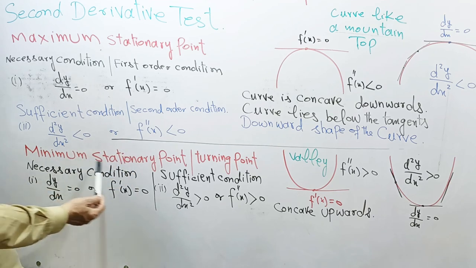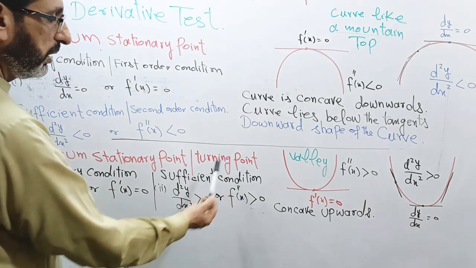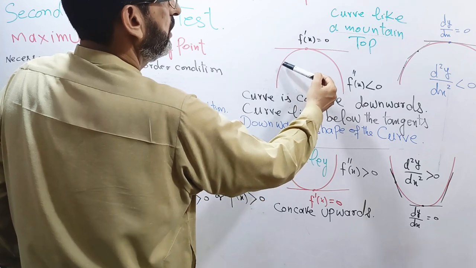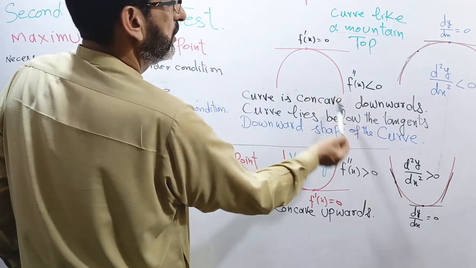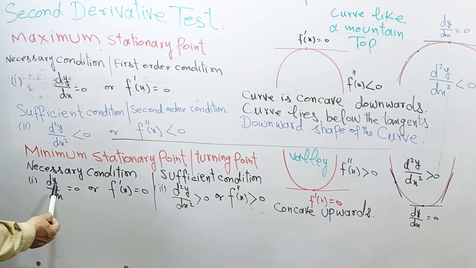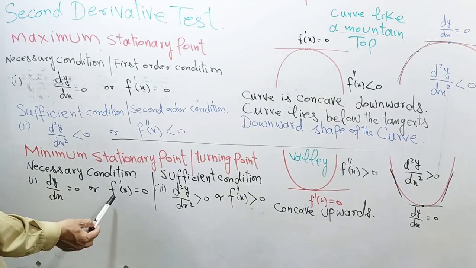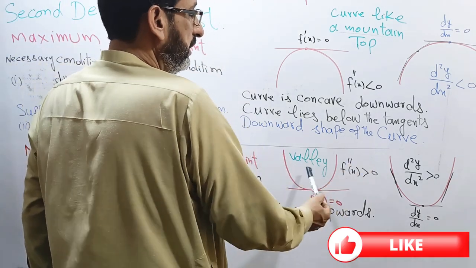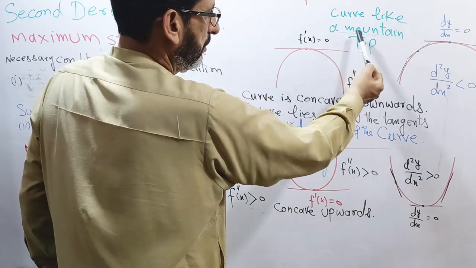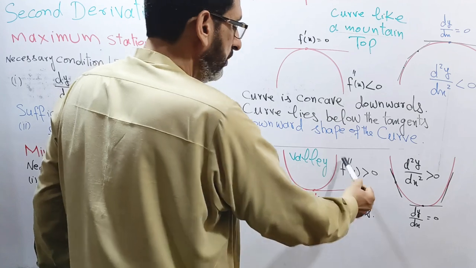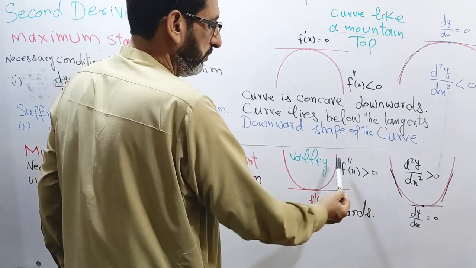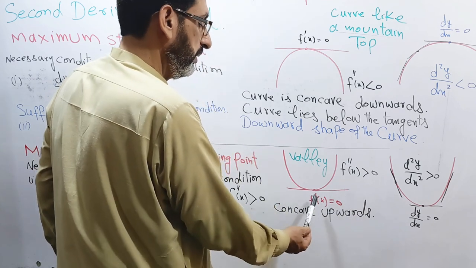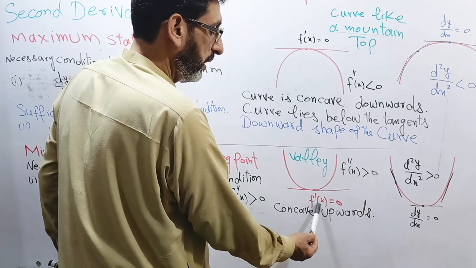Now minimum stationary point or turning point. Why do we say turning point? Because graph takes its turn at this point. Now first it is decreasing and then it is increasing. Its necessary condition is first derivative at the minimum point will be 0. The shape of the curve is like a valley. The previous shape was like a mountain top, but this is like a valley, and this is the minimum point of this curve. And here we draw the tangent and it is horizontal. It means its slope is 0, f prime of x is 0,